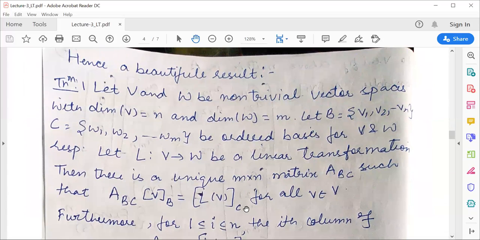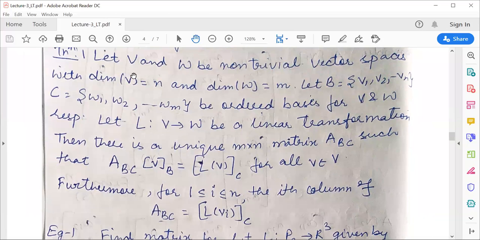So from this we have a beautiful result which states that if V and W are non-trivial vector spaces with dimension of V as n and dimension of W as m, where B equals this and C equals this are the ordered bases for V and W, and L is a linear transformation from V to W, then there exist unique matrices A_BC such that A_BC times the coordinate vector of V with respect to the ordered basis B equals the coordinate vector of L of V with respect to the ordered basis C. Further,